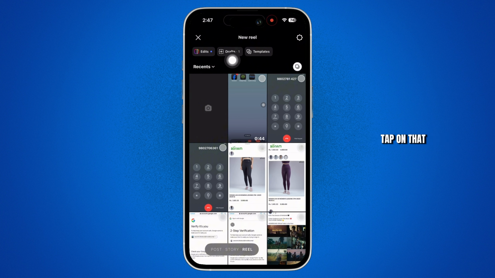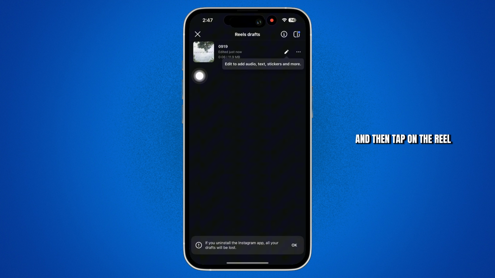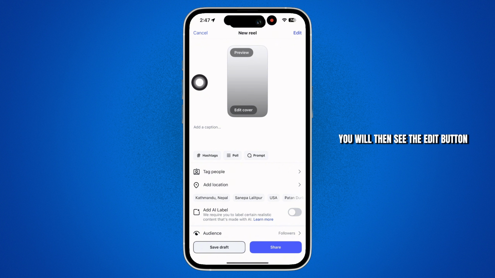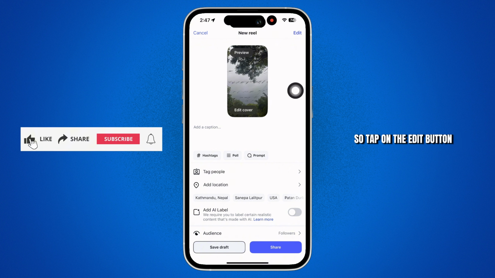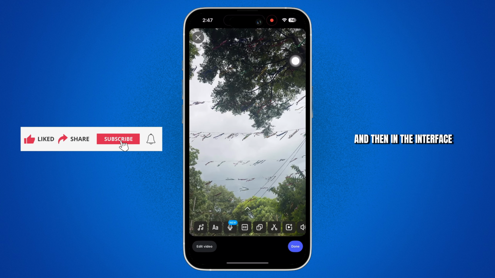Now, once you're in the Reel tab, you will see the Drafts option on top of your screen. Tap on that and then tap on the reel that you want to save to your gallery. You will then see the edit button in the interface that you would be led to. So tap on the edit button on the top right of your screen